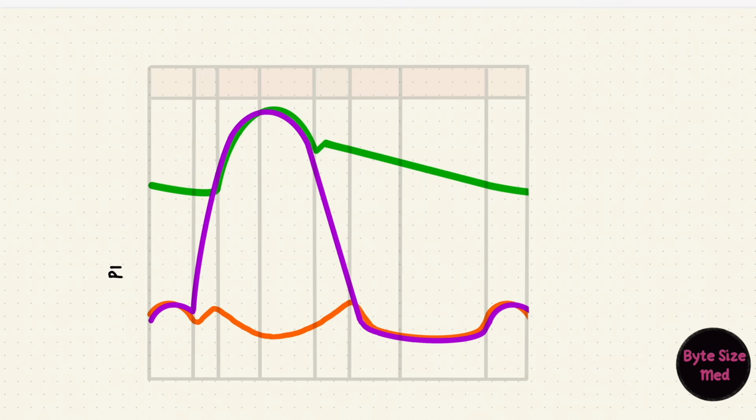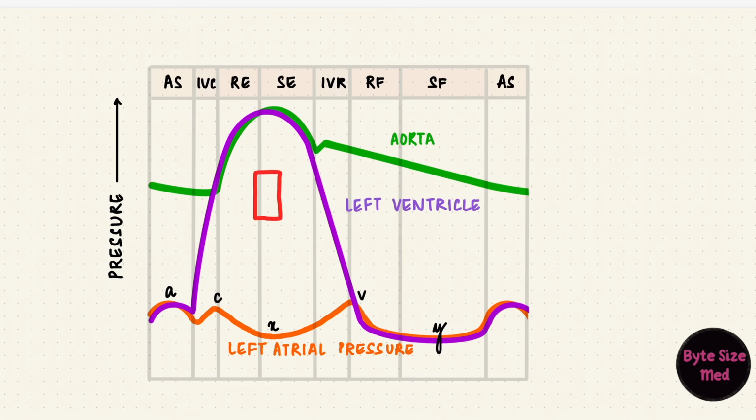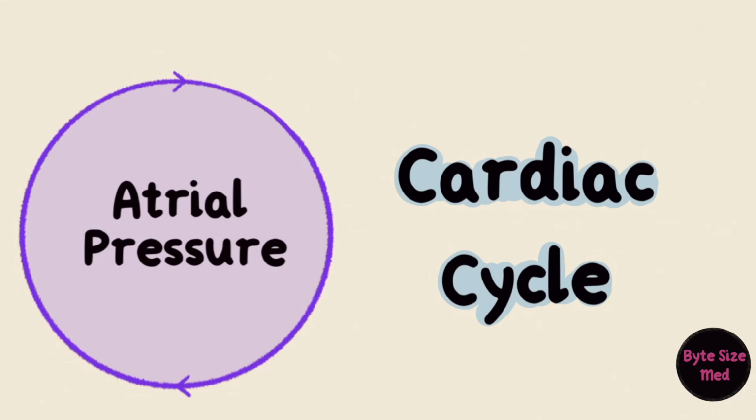On Wigger's diagram, which is the giant diagram that summarizes everything that happens in the cardiac cycle, you'll see a left atrial pressure curve usually, and it's lower down with all the peaks and descents. Now, the reason it's this far down is because it's being compared to the ventricular and aortic pressures, and they reach much higher systolic pressures. So we'll add those in part 4. But that's atrial pressure.